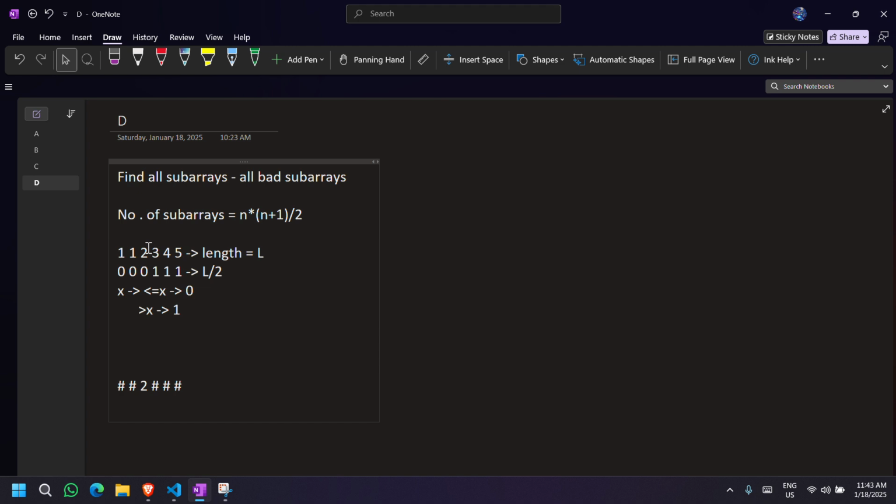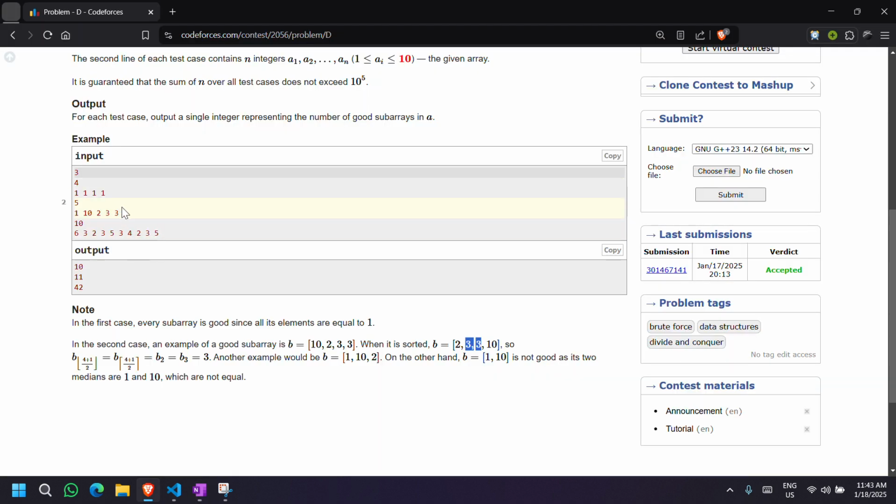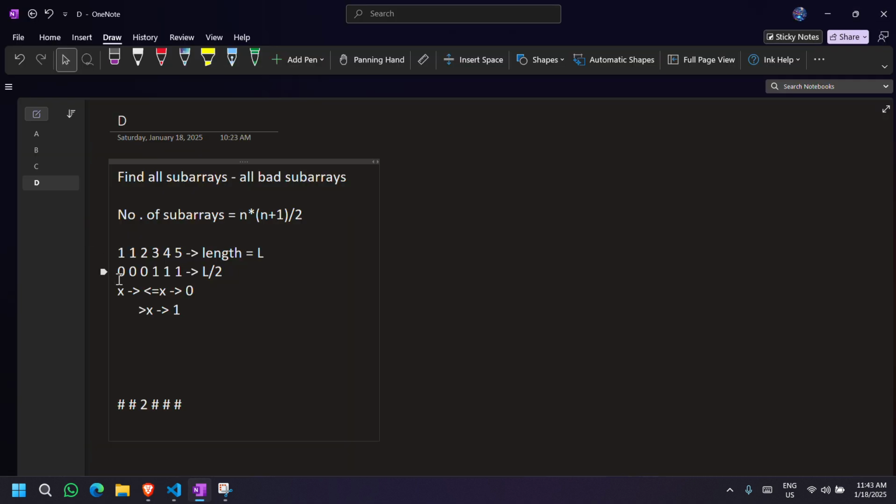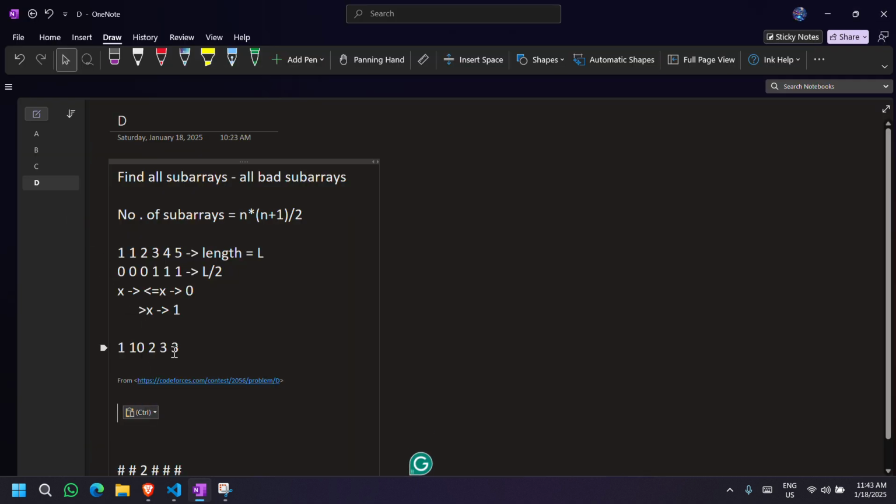So how can you do this? First make this array. Let's suppose I have, let's take this sample, and I'm considering currently element 2. So what I will do, I'll replace it with 0, and then this with 1, this with 0, and then 1, and then 1. Now I have to find how many subarrays are bad, like this one,